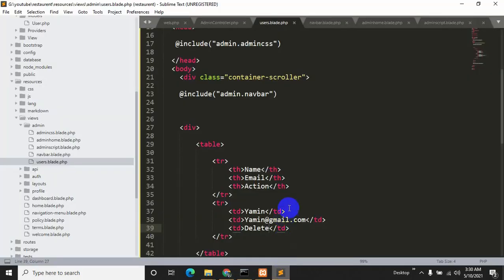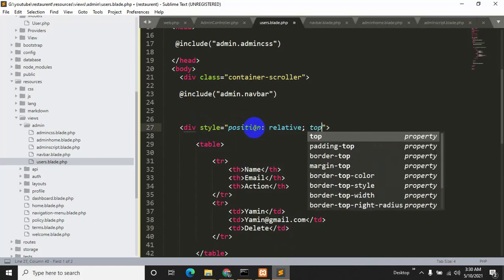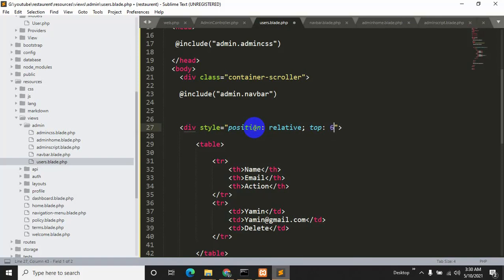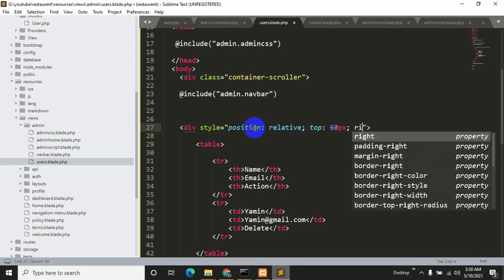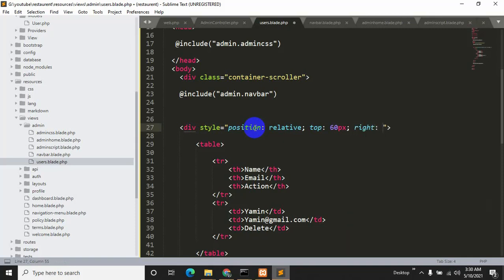Okay, so we are going to do some CSS over here. We will just click over here, div, and inside it we will say style, and inside this style let's say position, it will be relative, and then top, let's say top will be 60 px, and let's also add right will be let's say minus 60 px.